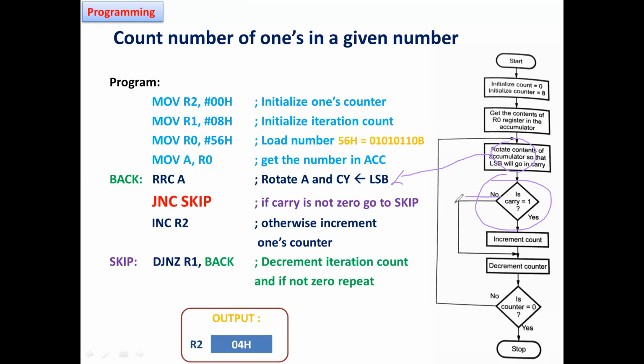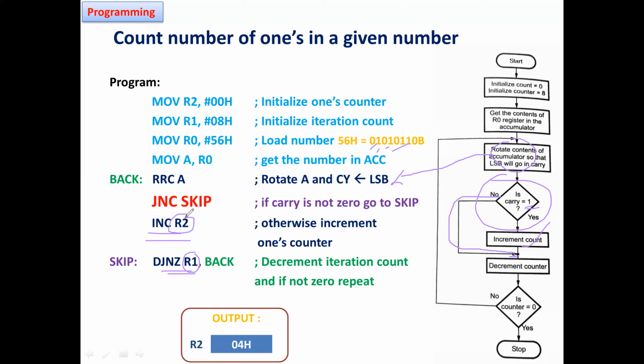If there is no carry, decrement the counter. If there is a carry, increment the counter. Okay. So this counter is different. This is for the resultant value count. Example, here it is a counter for 8 times to decrement. R1 holds for checking out this 8-bit data.